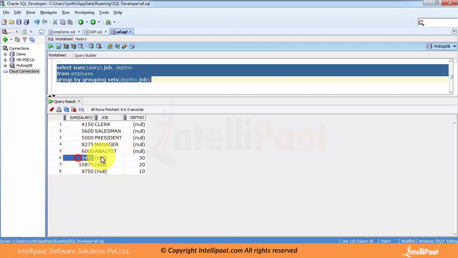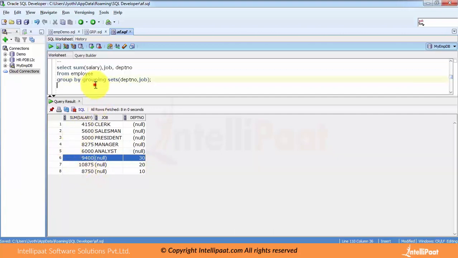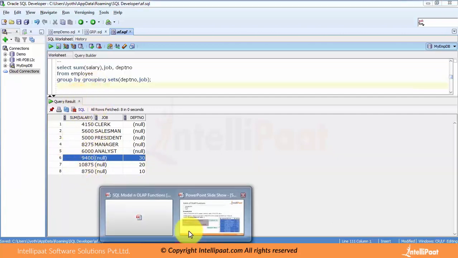Coming to here, it is the total salary of department number 30 employees irrespective of their job type, and it is the same case with 20 and 10. So this is how grouping sets is working. Coming to the next thing,